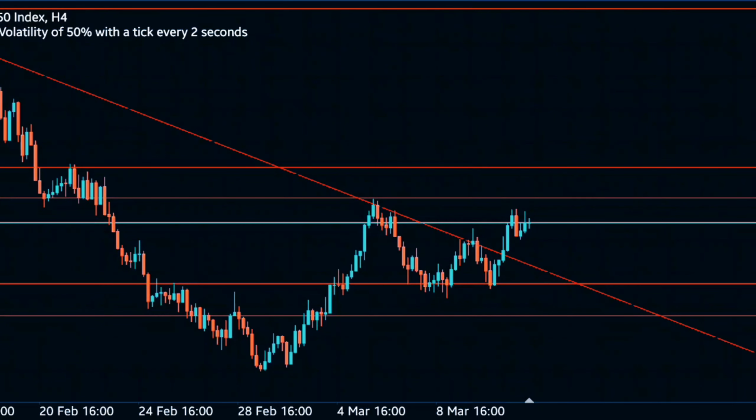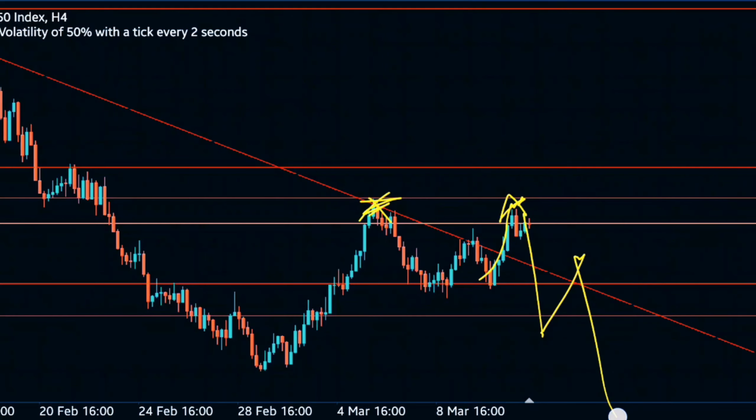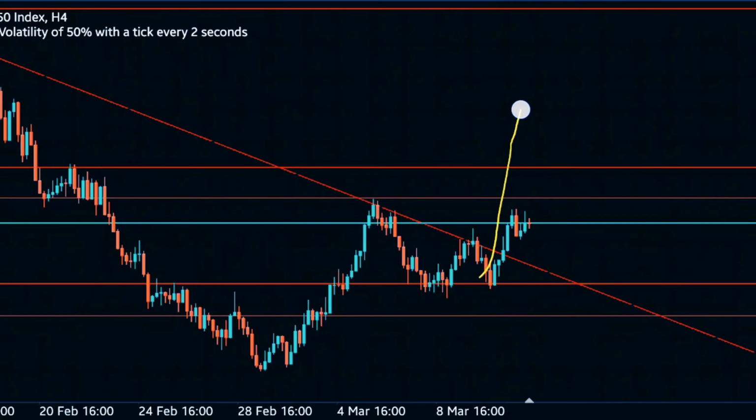Then on the 4 hour, we are still bearish. Why? Because price has not broken here. For all we know, price could do this, make it a double top, pull back, retest, and fall, and the bearish continues. It could do that, but for me to take it serious, I would like to see it pull well above, then close and move. Then I would take it more seriously as a reversal or a pullback.